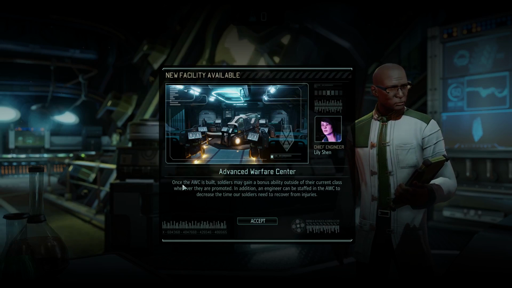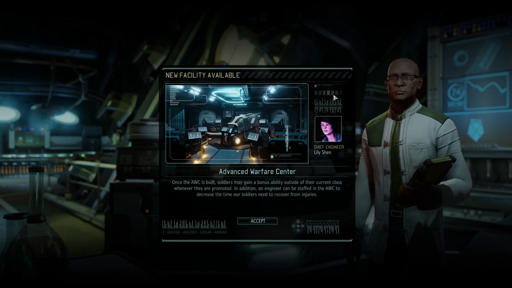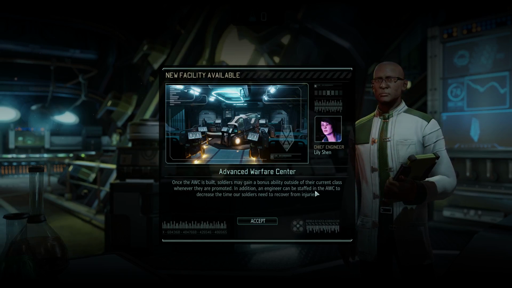Advanced Warfare Center. Once the AWC is built, soldiers may gain a bonus ability outside of their current class whenever they are promoted. In addition, an engineer can be staffed in the AWC to